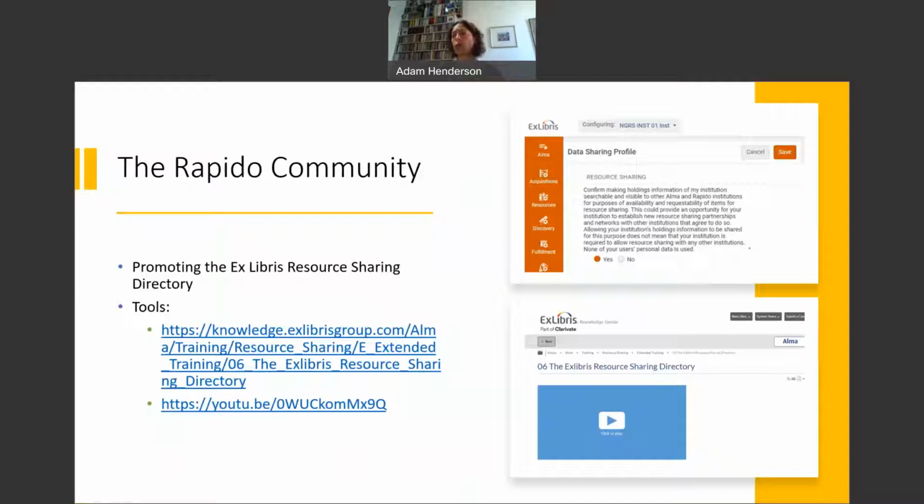From the May release, this is now not available, but I'm still mentioning it because I want it in your heads. I'm talking to anyone that's here, Rapido or ALMA, and I know we have people here that are not yet in Rapido. So anyone that has ALMA, this is relevant for you, and I want you to start thinking about it and also to prepare yourself towards the May release